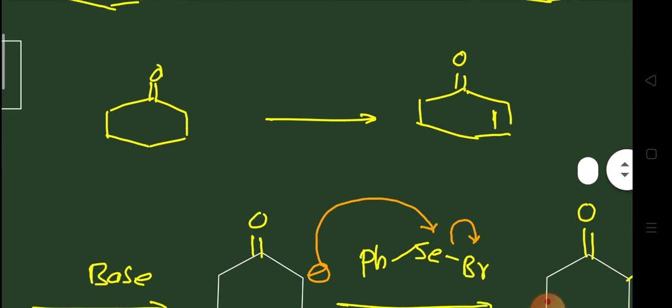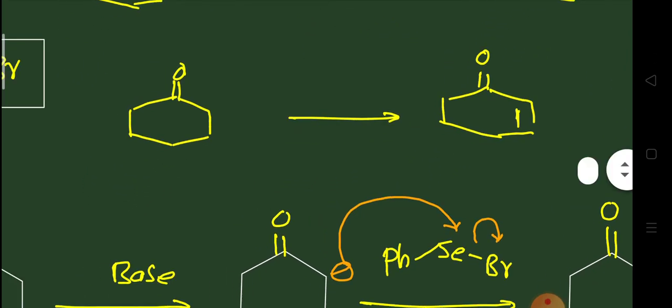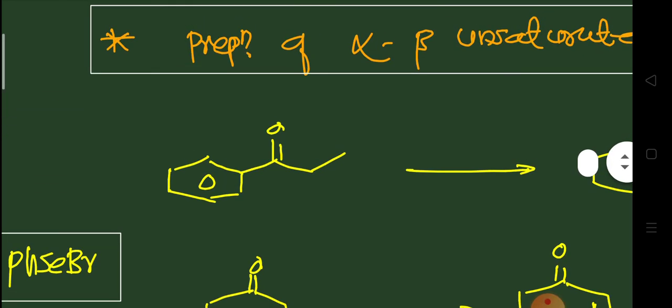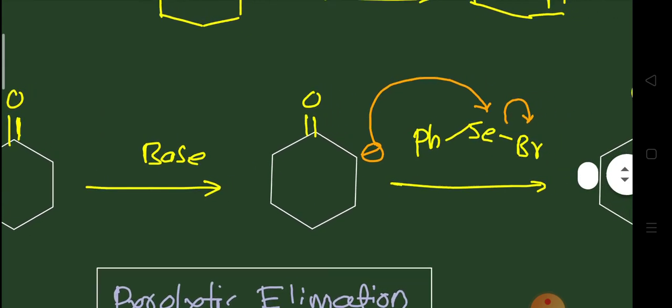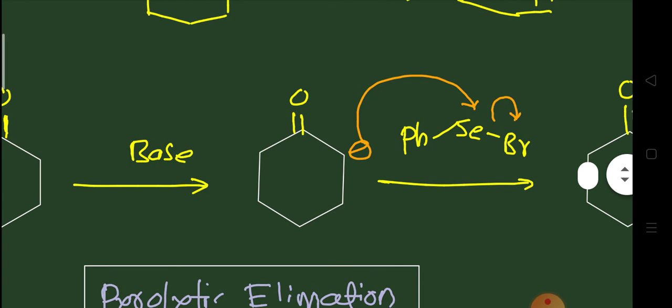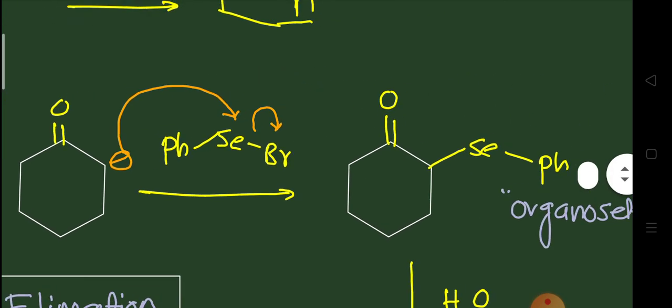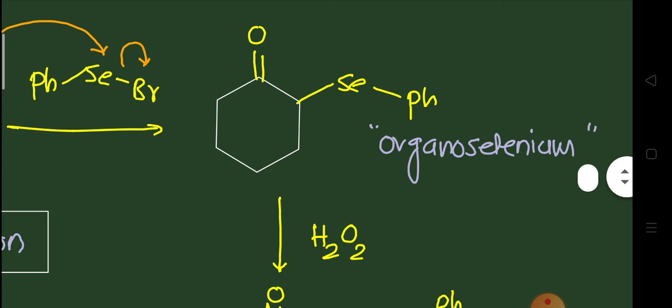Or the second example, cyclohexanone will be converted to cyclohexenone, and that reaction is called the selenation reaction. What reagents are required? The first reactant is treated with a base, that is LDA, which abstracts the proton from the alpha position, generates the negative charge, and undergoes enolization, and after that reacts with phenyl selenium bromide. It is an electrophilic reagent, and that carbanion which has developed will react with the selenium, forming an organoselenium compound.